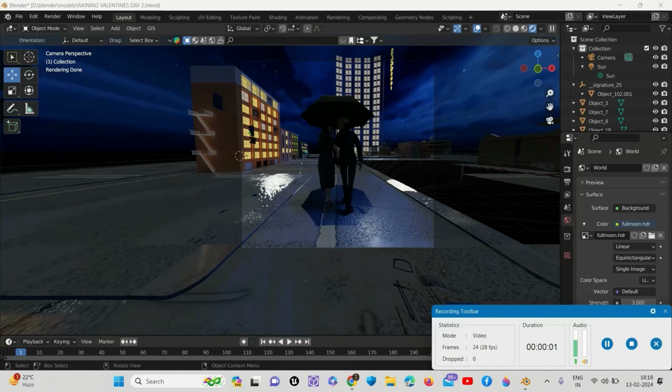Now guys, let's create our favorite rain effect. For that, obviously we will be needing a plane that will be on the top of the heads of our couple, and the rain particles or rain droplets will be dropping down from that plane. All right,